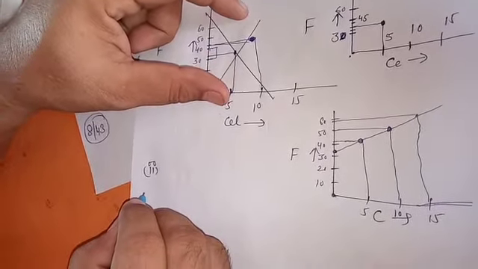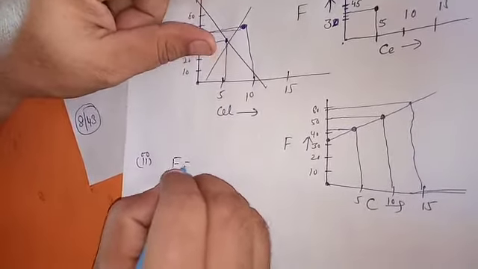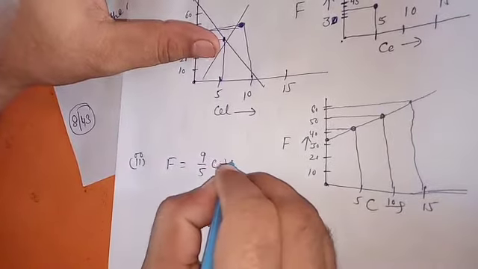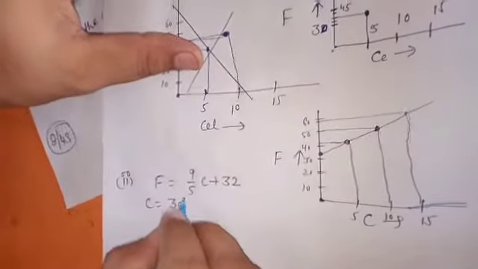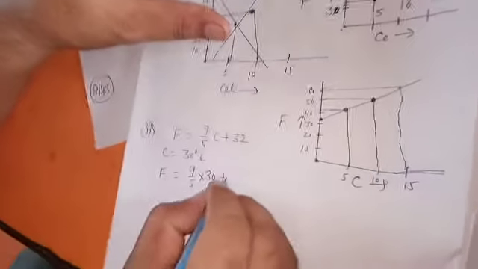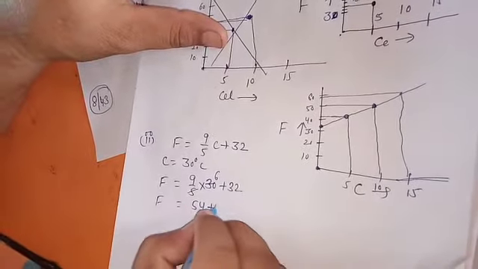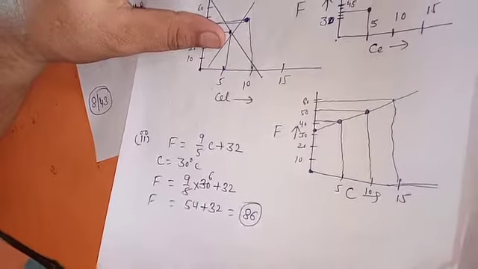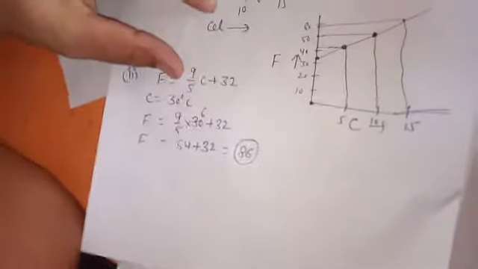If the temperature is 30 degrees Celsius, convert this and find out Fahrenheit. F equal to what's given? 9 by 5 C plus 32. And C equal to what's given? 30 degrees Celsius given. So F is what? 9 by 5 into 30 plus 32. 5 6, it means F equal to 54 plus 32. How much? 86 Fahrenheit. Second, you can show.